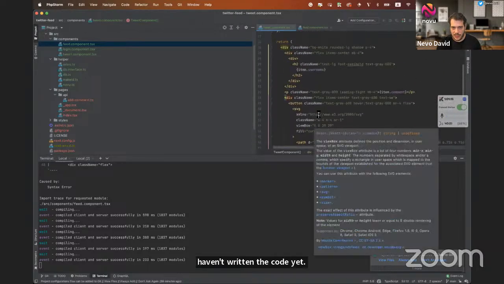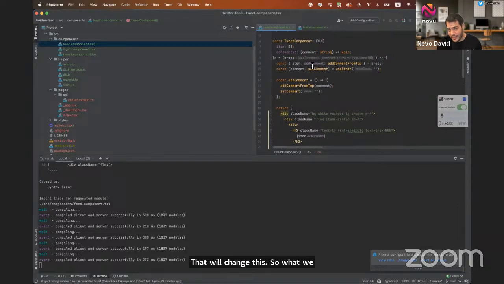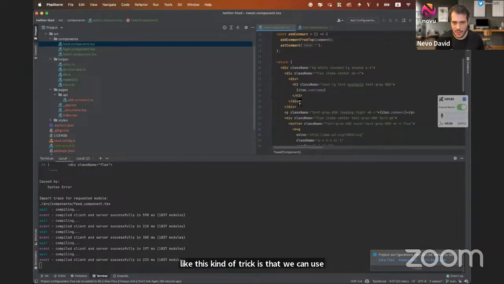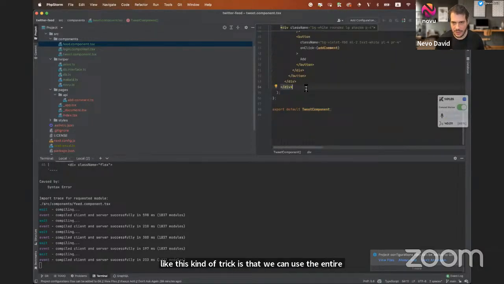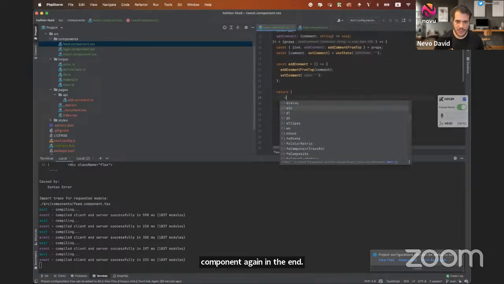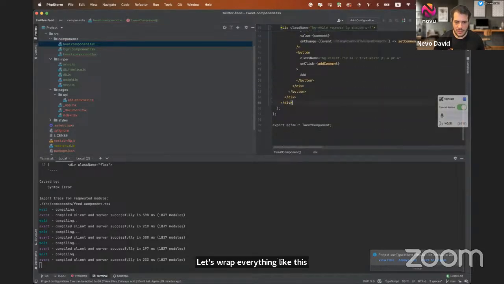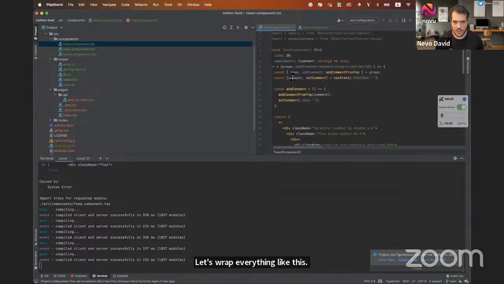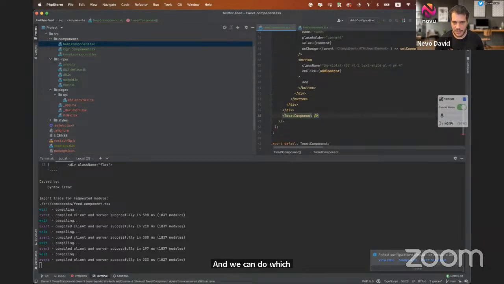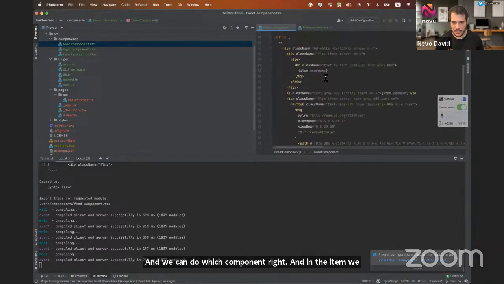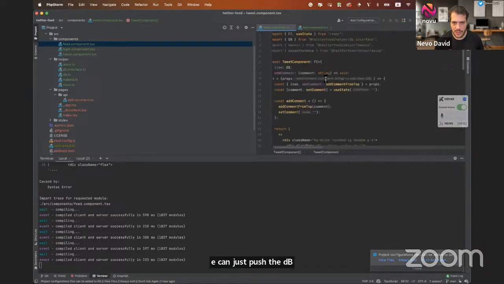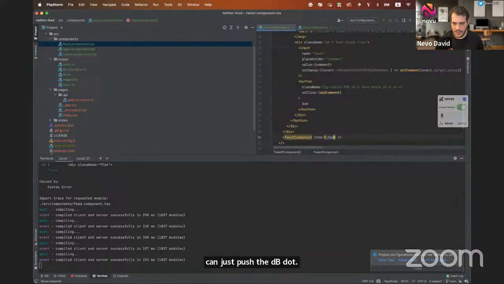So what we can do here, and I like this kind of trick, is that we can use the entire component again in the end. Let's just wrap everything like this. And we can do with component, right? And in the item, we can just push the db.db, how I called it, item.children, and then